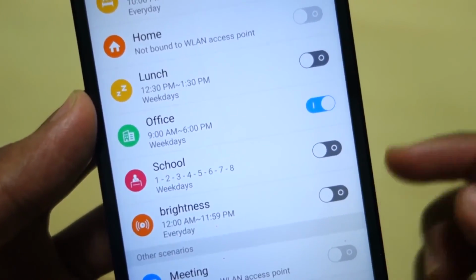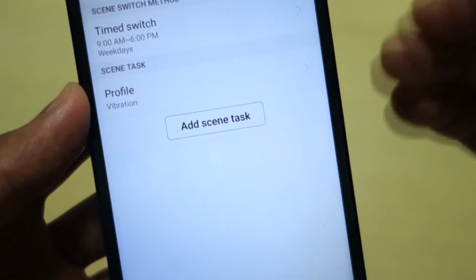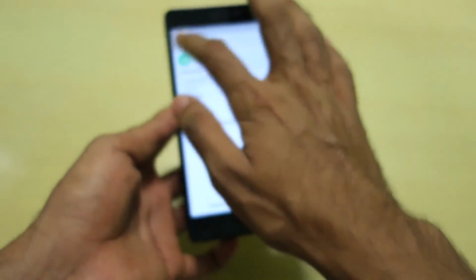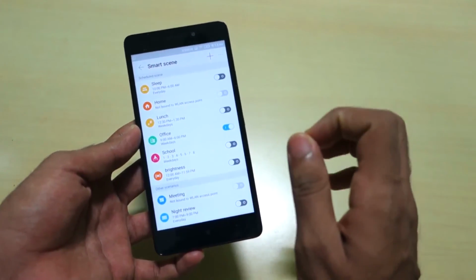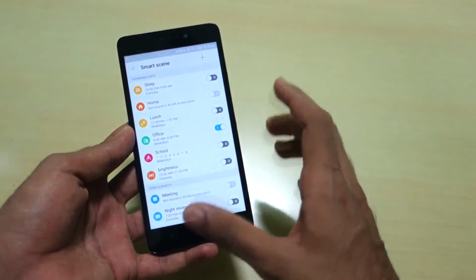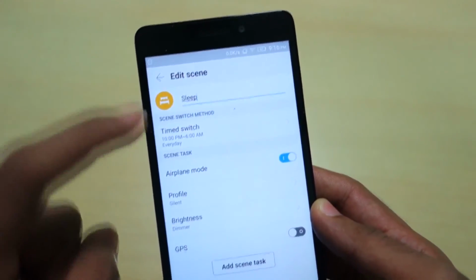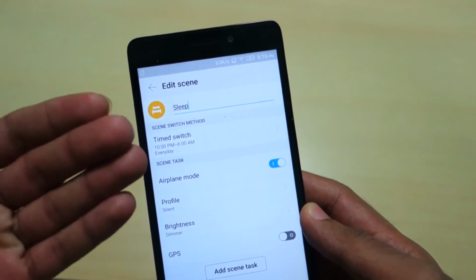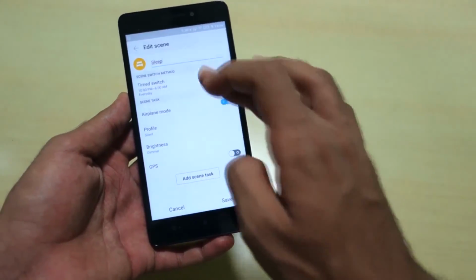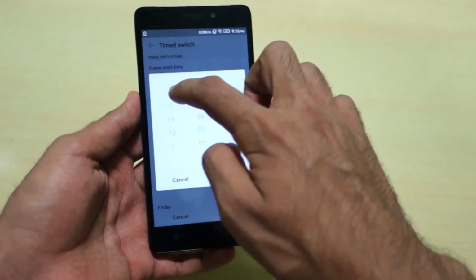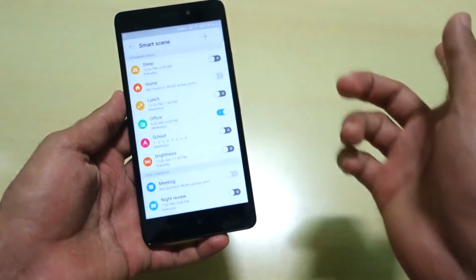So you can have a bunch of different options like lunch, office. When you enable the office scene, the profile will automatically switch to vibration, and there won't be any ring for the calls you get. And you can set up different scenes, rather different profiles, and this is very similar to Tasker applications. So I would surely suggest you spend some time over here, and you can enable a bunch of different options. Like as you can see, the first option is sleep. Whenever you select the sleep option, it will automatically enable aeroplane mode at 10 PM to 6 AM. I think you may not need the call functionality from 10 PM to 6 AM. Not 10 PM actually, let's make it 12 AM. So from 12 AM to 6 AM, the phone will go into aeroplane mode. So that's surely a very good thing to have.